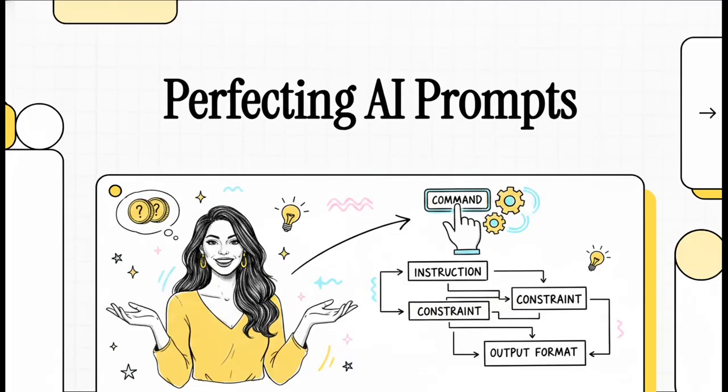I am absolutely thrilled to have you here today because we are going to completely transform the way you talk to artificial intelligence. Let's be honest, if you've ever felt like interacting with AI is basically a coin toss, like sometimes you get absolute magic and other times it's just total nonsense, you are in exactly the right place. Today, we are taking back conversational command. We're going to look at the exact architecture of a perfect prompt, moving you from just crossing your fingers and hoping for the best to having absolute predictable control over your AI.